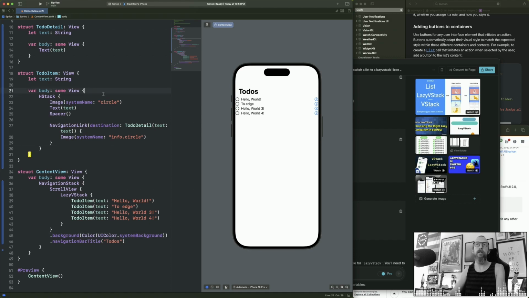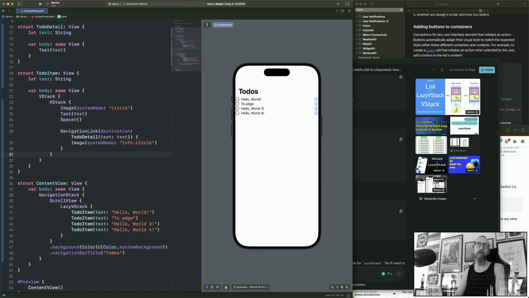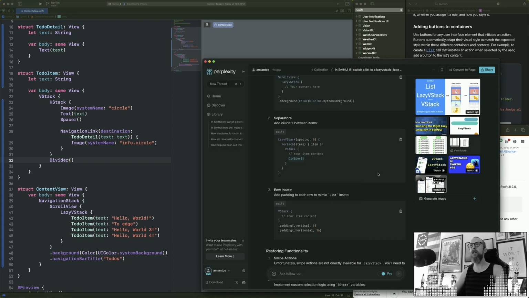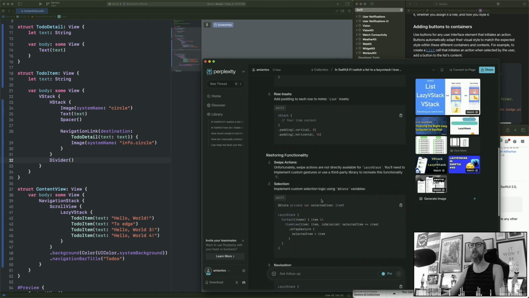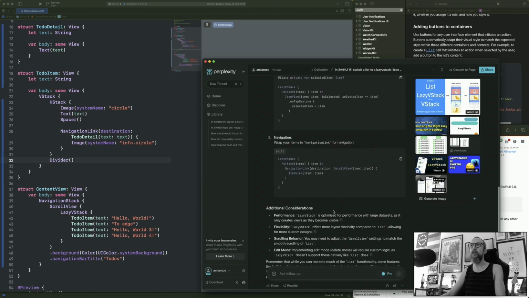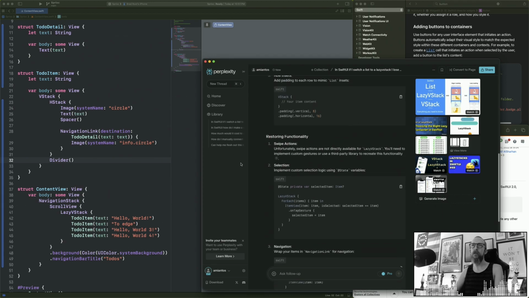Add dividers between items. Sure, why not? To do that, we'll probably want to put this in a VStack. I'm moving fast, I apologize, but this is more for VOD people, you know, deep down. There we go. Now they all have dividers. That's not the inset view though. It'd be cool if I could do the inset view. I don't think it knows what I'm really asking. Swipe actions are not available for lazy VStack. Oh, we lose some functionality there, which is too bad. So maybe we need to figure out how to turn off the